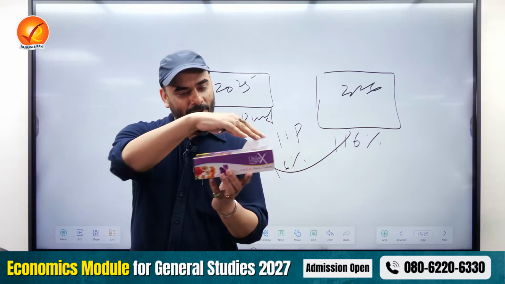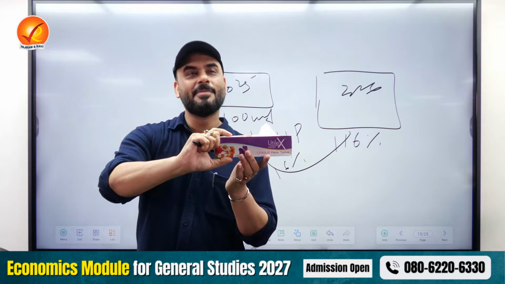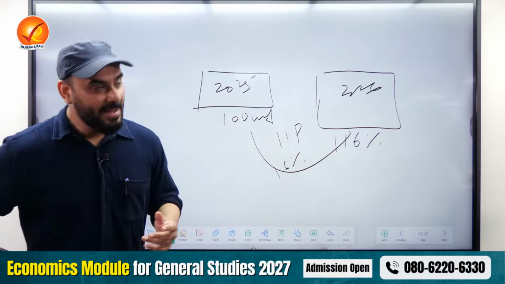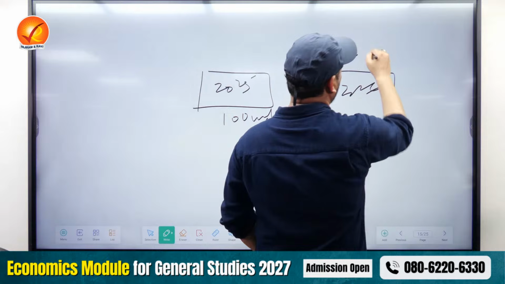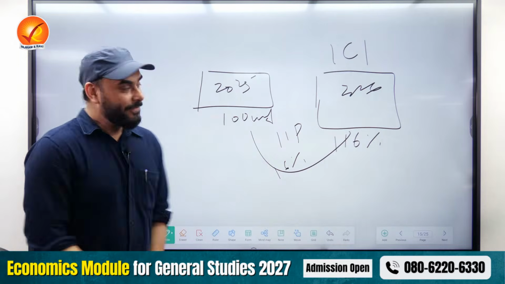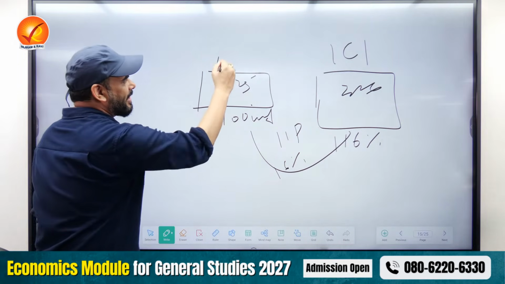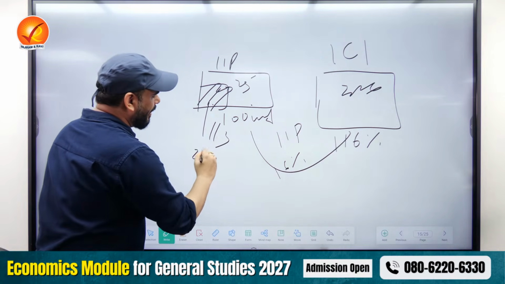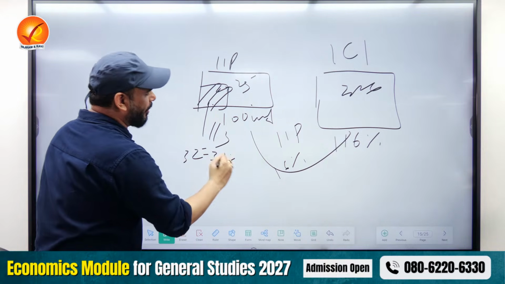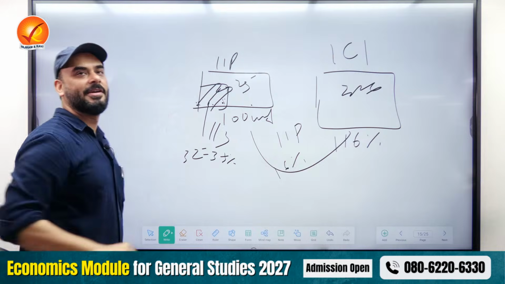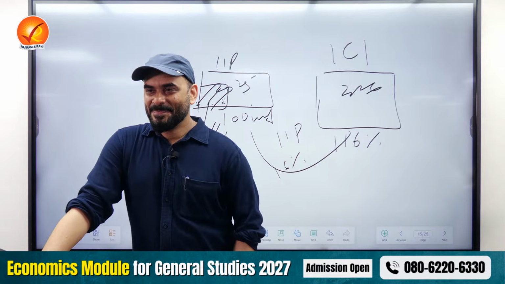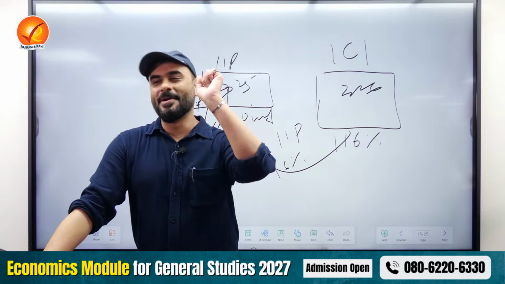So when you don't take the entire box, just take a limited number of products and try to see how well they did in India. That is called the Index of Core Industries. If you take the whole box, that is called IIP. But if you take just a small part of it, almost 1/3, 32 to 33% of the box, and try to find out how they did in the economy, that is called the Index of Core Industries. And you are done. Which means this is called data management.